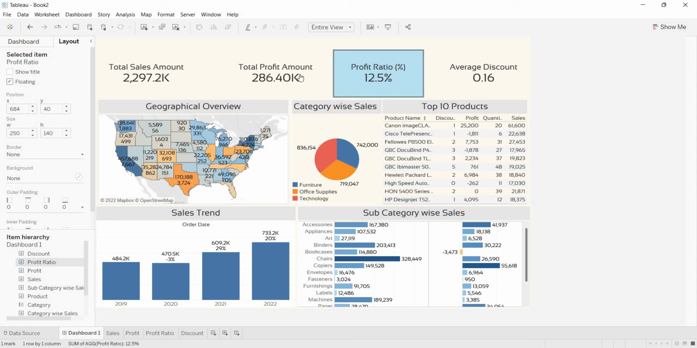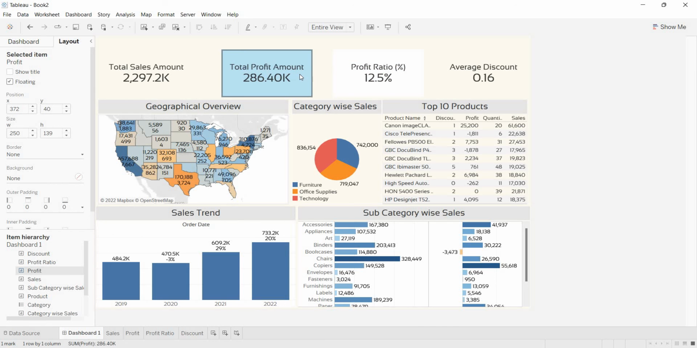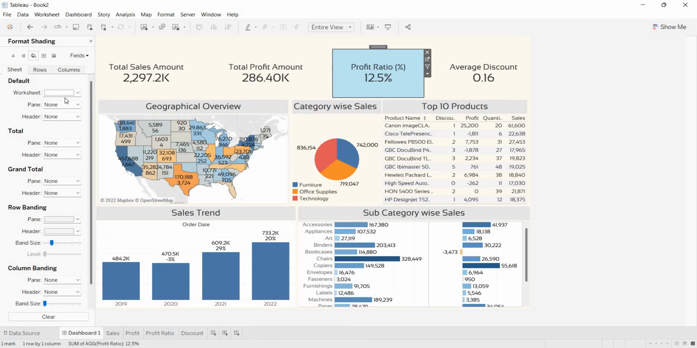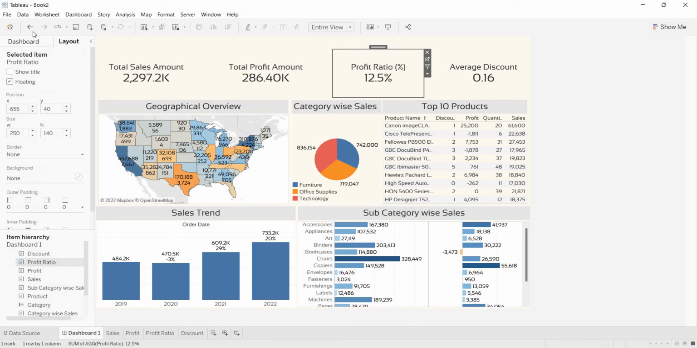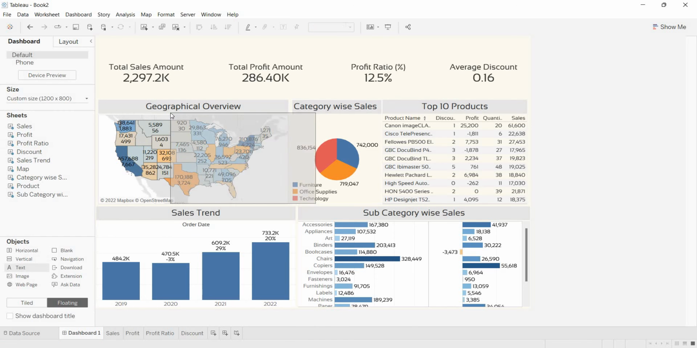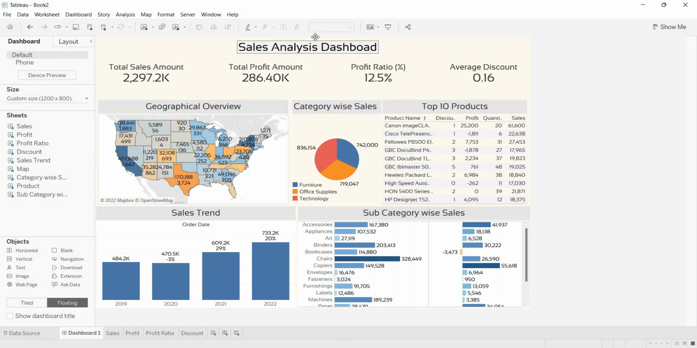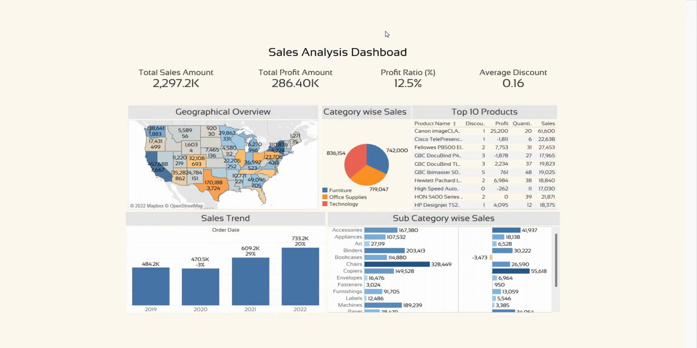So to bring the background as well. So yeah, it's almost done. Sales analysis dashboard. 20 is black. So yeah, I have created a dashboard. So it's a pretty